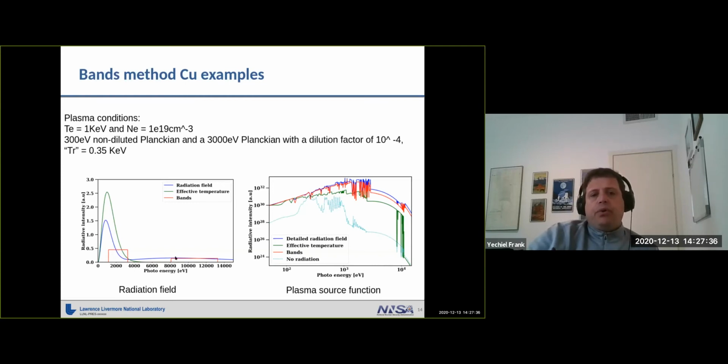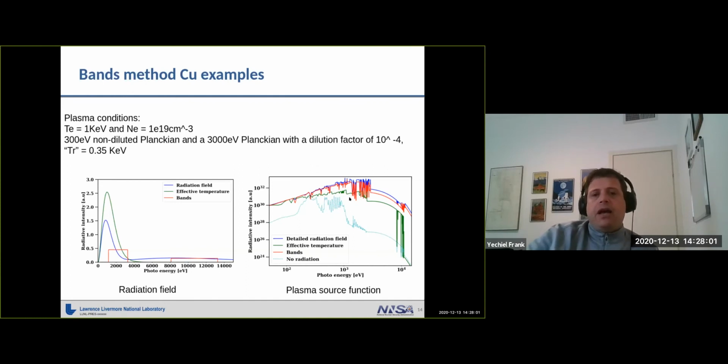And the red line is what I put in for the bands method. So these are the two bands that I got from no radiation case. And then I just take a flat top radiation at both ends. And this is the plasma source function, so it's emissivity over opacity. It's just to show both on the same plot, but it's the same as if I showed opacity and emissivity